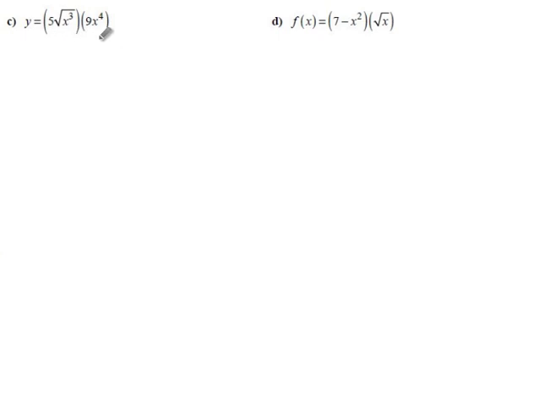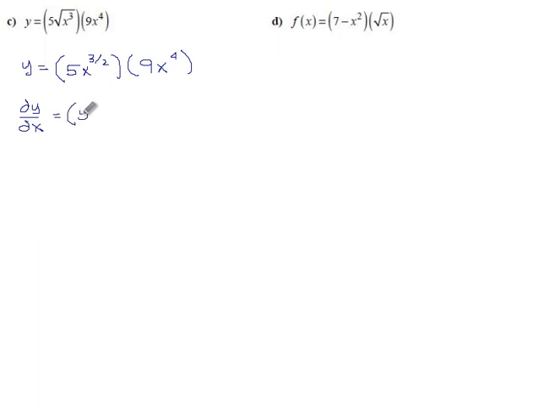So this product has a 9x to the fourth, which is reasonably nice, and this part, which is a little bit yucky, but let's clean it up. This is y equals x to the third power, second root, so the 5x to the 3 over 2 is that first term, and then we have 9x to the fourth. It's a product, so we can do the derivative as